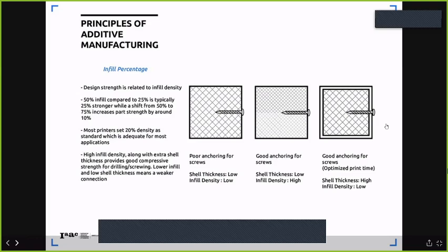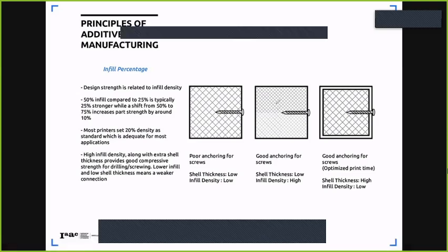Unless you want to produce a really strong part, you don't want to print higher than 30%. Actually, there are a lot of studies showing that printing higher than 50% doesn't actually strengthen our parts, it just makes them weigh more and spend more time on the print. And you will say, why? Because think, for example,